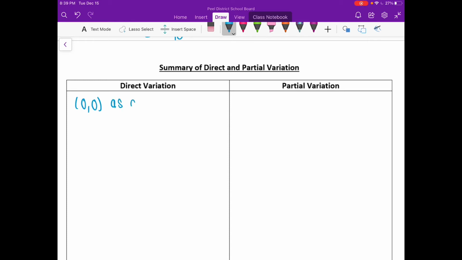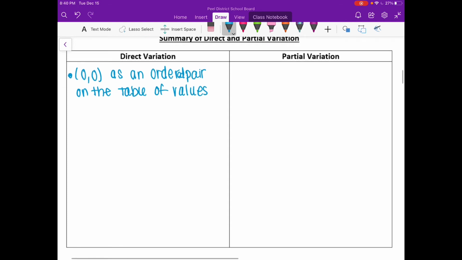as an ordered pair. That means that at some point, that ordered pair is on the table of values. That means at some point that graph crosses through the origin. The initial value is